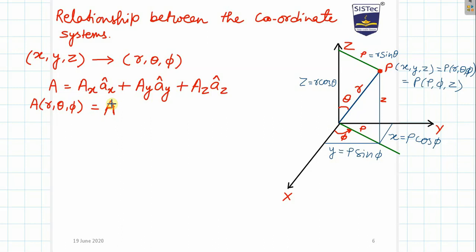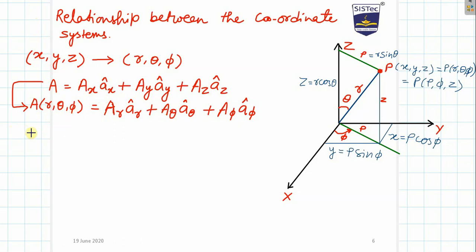So how we can do that, we will discuss. With this diagram only it will be clear. If I write r theta phi, then it will be Ar in the direction of this r, then A theta, the magnitude along theta direction, and the unit vector a theta, plus the magnitude along phi direction and the unit vector like this. So from this to this transformation, what should be the transformation, that we have to discuss. Now if we have to do this, we can write it. How we can write it?